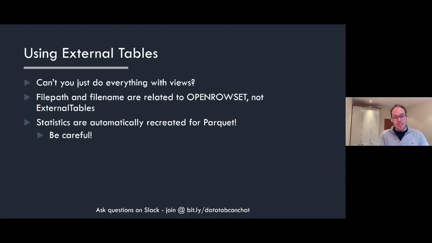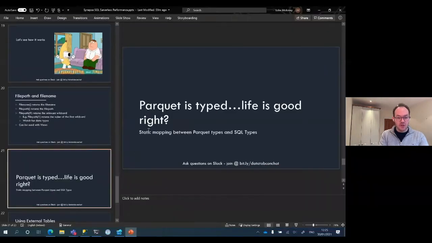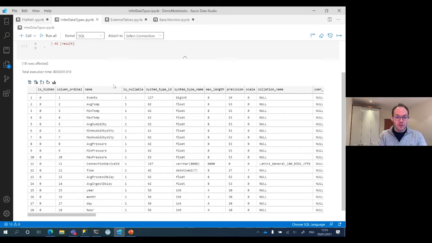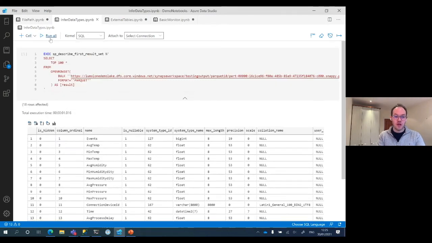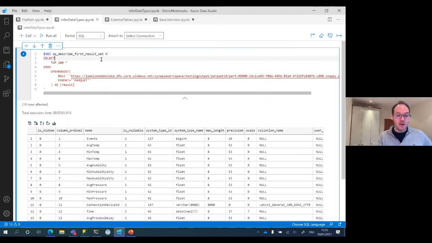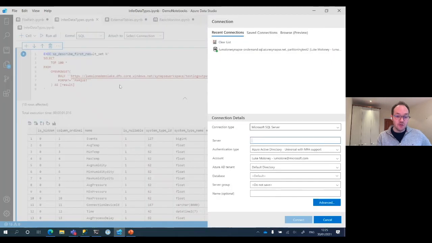And of course, the problem with that is that varchar 8000 isn't very efficient. So what we can start to do is actually see what's going to get read by a particular query. There's a stored procedure in Synapse SQL Serverless, you'd think I'd know the name of the product by now, that I can use to actually describe what data set I'm going to get. Now, if I do that,